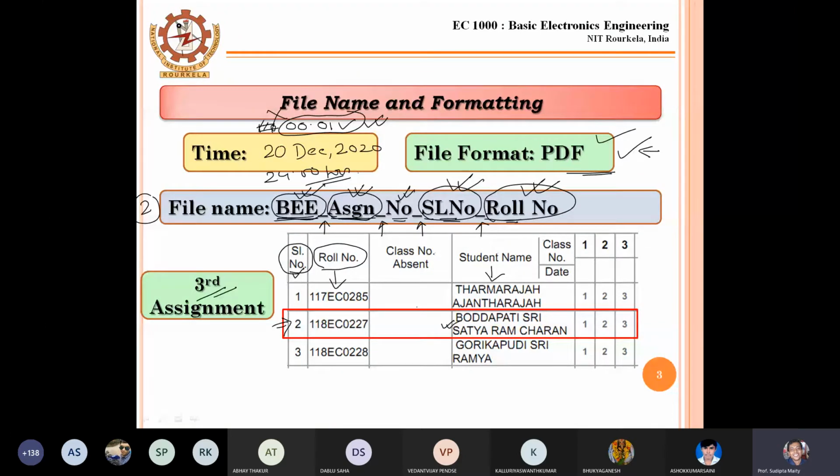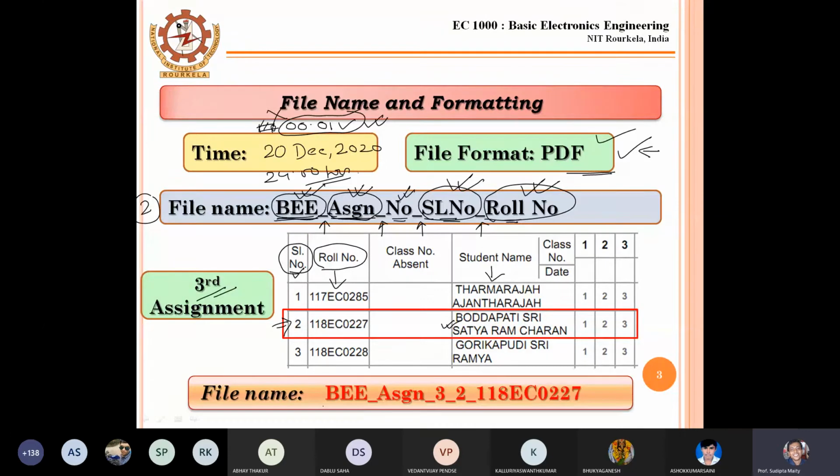So his file name should be BEE, then ASGN, then the assignment number, which is 3, then the serial number, which is nothing but 2, then the roll number will appear over here. Is it clear or not?